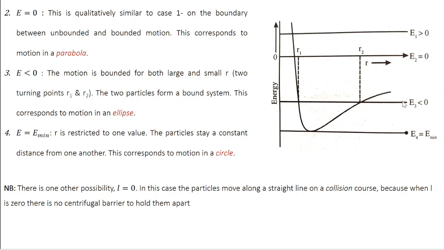So let's choose one particular point. At this particular point, this is E less than 0. As always, energy is a constant, so you get a straight line, a negative straight line. Now you look at motion on either side, right? In the previous two cases, you could have very large values of r. But here that is not possible.